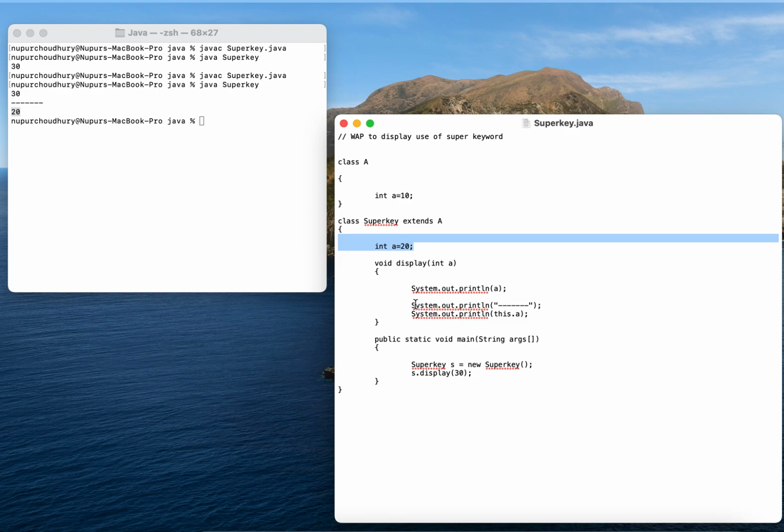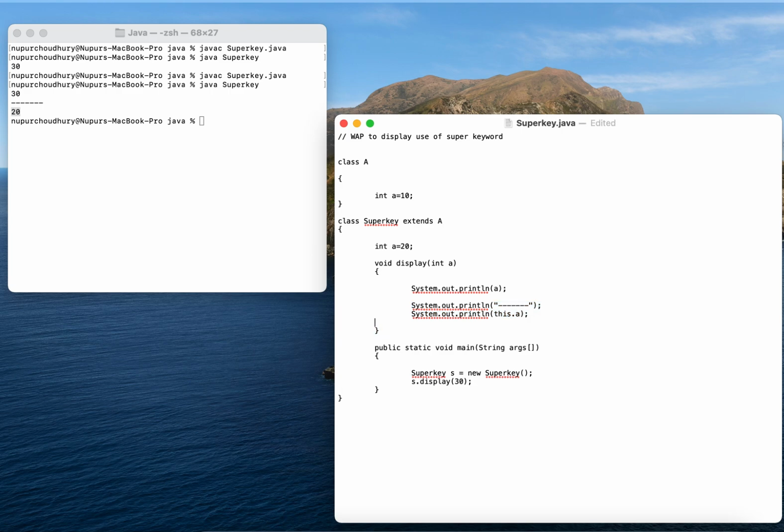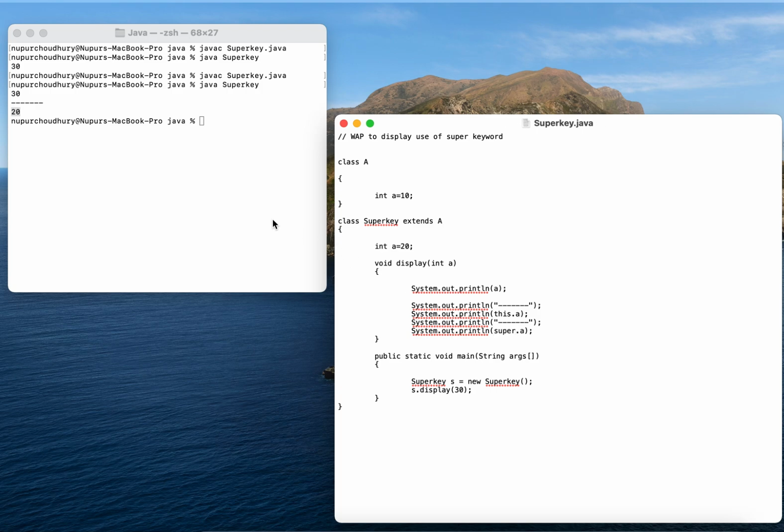So 20 is getting printed here. Now if I use the super keyword here instead of this, which is also a reference variable, I should get the parent class instance variable. Okay, so now let me run this.